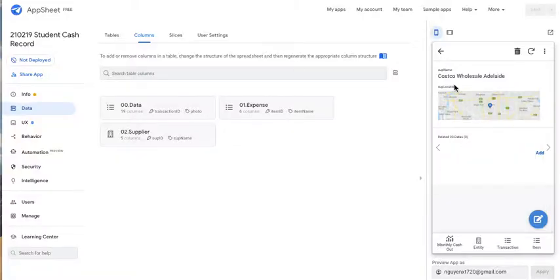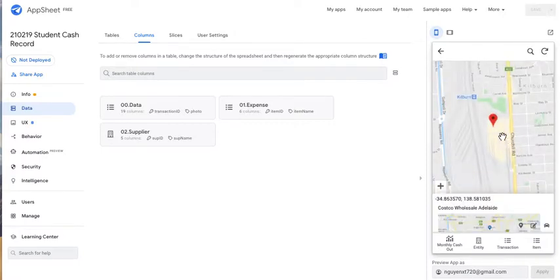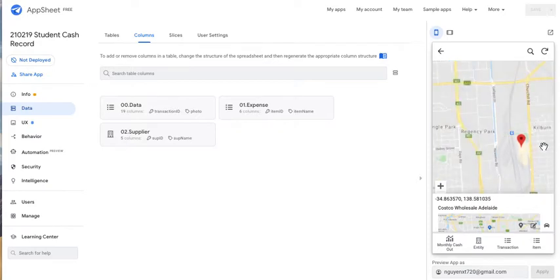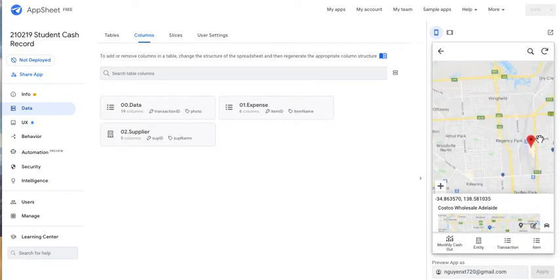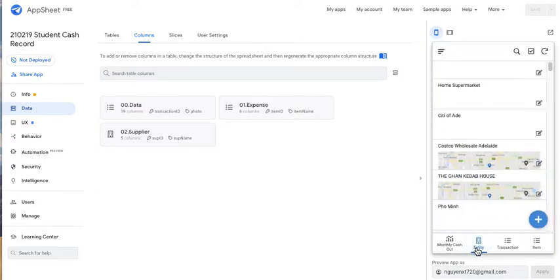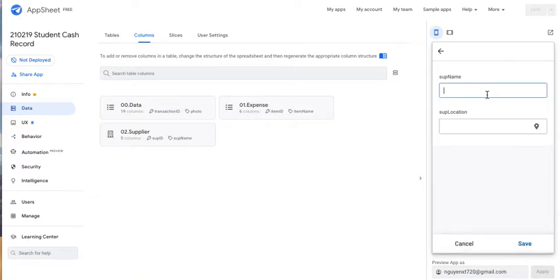And here you can see that we have a Costco. Zoom in, see exactly where it is on the map, and it will come in handy when you want to know where you purchased that item, or where the store is located, or where your employer is. So yes, I really like these features. It's exactly the same as for the items. For the entity, you can create a new one by clicking on the cross icon right here to add the name and